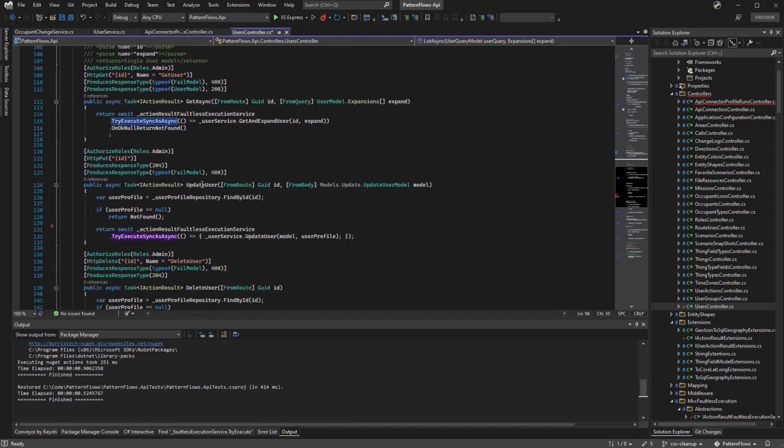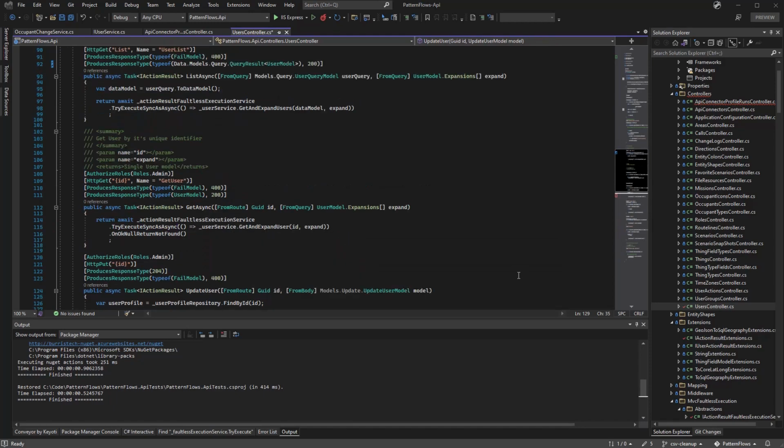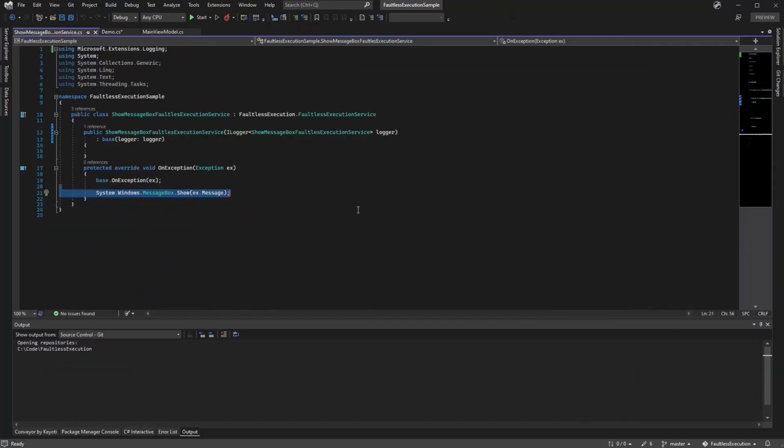Similar things for the update user. So when we call update user, our try execute will return a no content if there was no error, and of course still a 400 if there was an error. I mean, here we're really getting into some of the advanced scenarios of what you can do with faultless execution if you want to use some of the advanced packages out there, or if you wanted to write your own on top of it. But jumping back to the more simple uses of it,